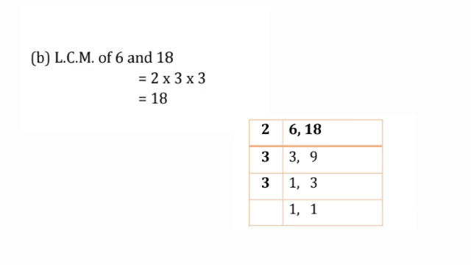And if we do it by the prime factor method also, 6 comma 18 we should write. Both numbers will go in the second table. 3 2s are 6, 9 2s are 18. Again both will go in the third table. 1 3 is 3, 3 3s are 9. Again this 3 we can divide one time. Now 2 into 3 into 3, when we multiply: 2 3s are 6, 6 3s are 18. So 18 is our LCM.